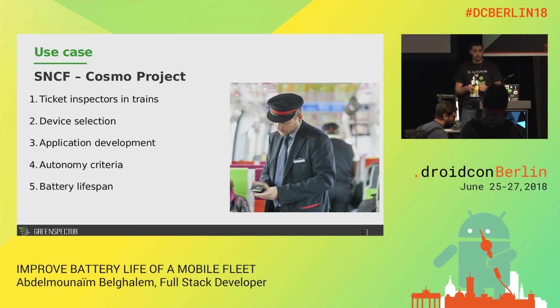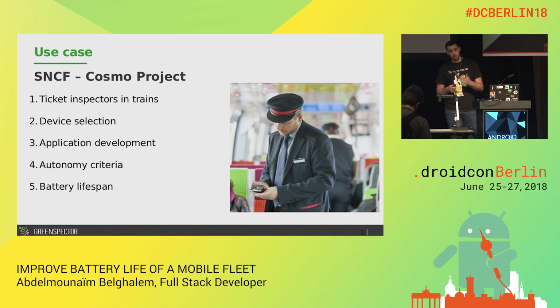Then we helped them in the application development. So they used GreenSpectre, our tool, in their developments, in their CI, and it helped them decide every choice that they had to make in development to be more user and battery friendly. They had, of course, an autonomy criteria because it's B2B, so the worker has to work 8 hours a day,